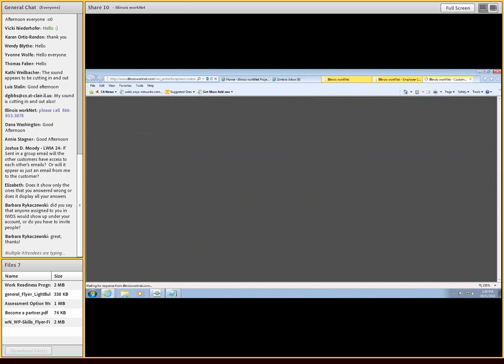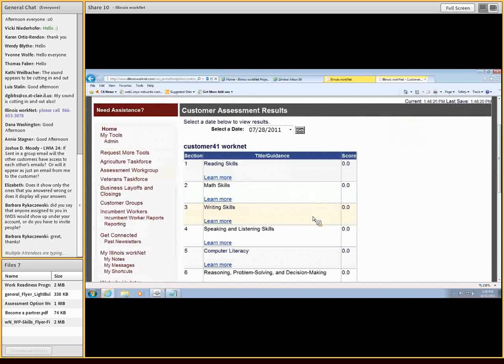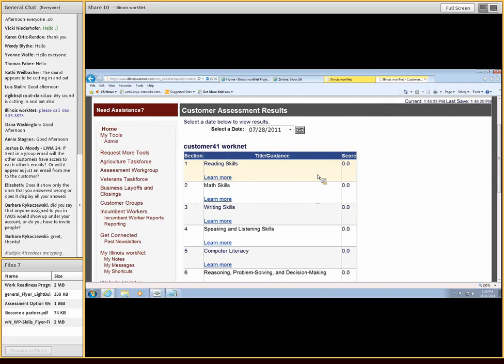There's not a limit to how many times that they can take the assessment. Of course, I'm sure they don't want to take it a lot of times since it's 100 multiple choice questions. But if I went to customer 41, and let's pretend they have all their percentages here, I can say, oh, okay, well, I didn't really do very well on